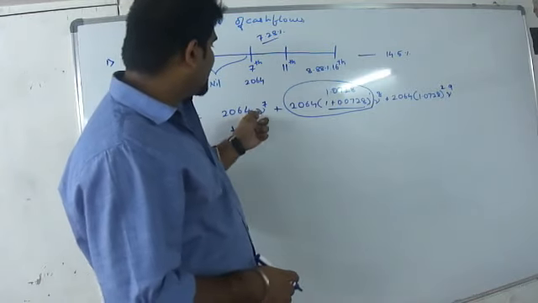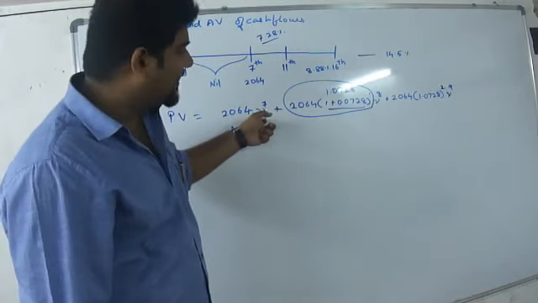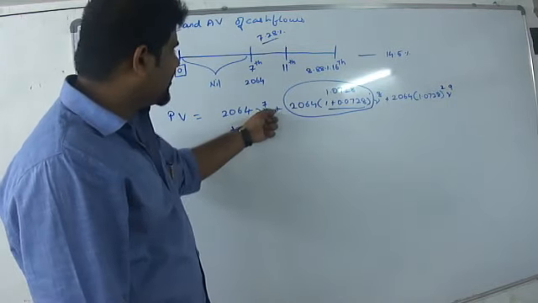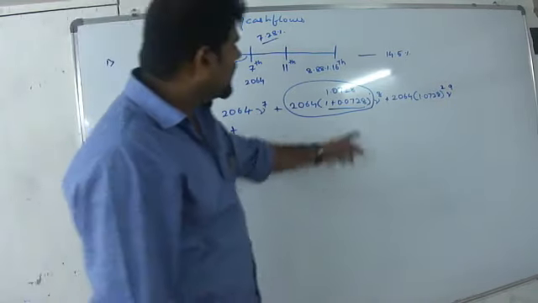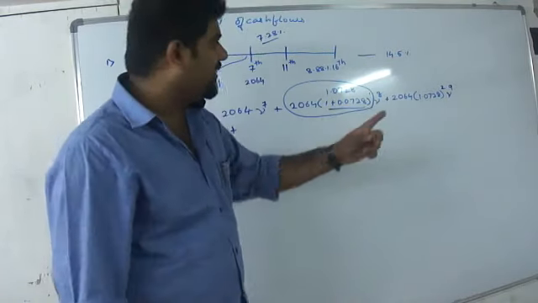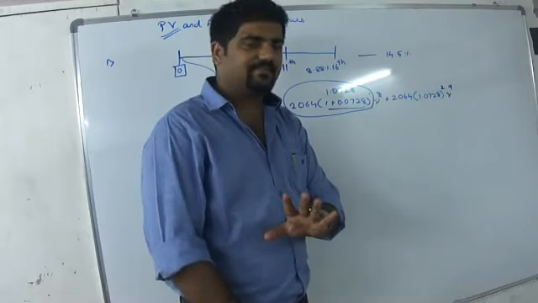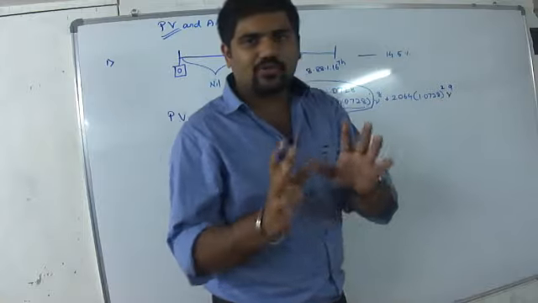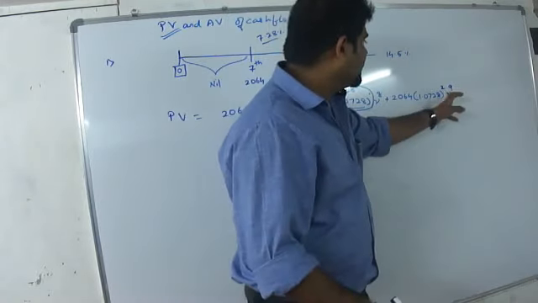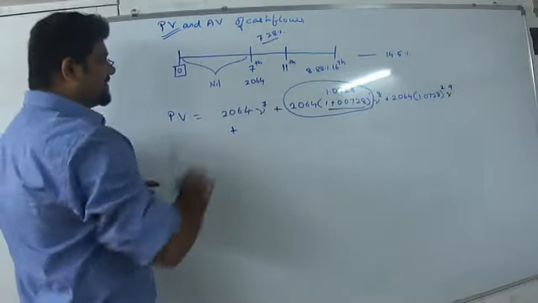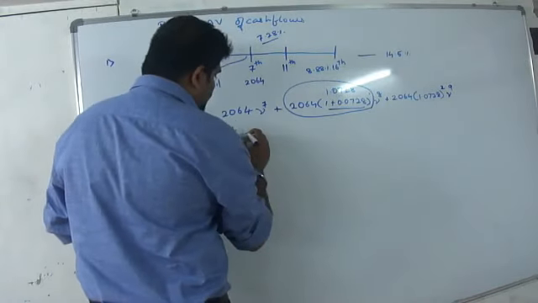Here, can I say 1.0728 is missing? So I can say 1.0728 to the power 0. When the power was 0, the discounting factor was to the power 7. It is to the power 8 and 1.0728 is to the power 1. See, 8 minus 1 is still 7. Then to the power 9, 1.0728 to the power 2. Once again the subtraction of these two powers is 7. So I can directly put dot dot dot and